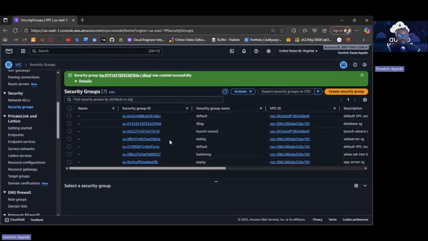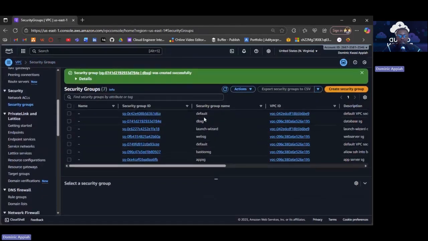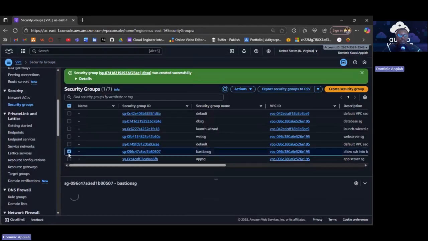You see this is the default, the web group, bastion security group, app security group. Now you see that all of these servers that we have provisioned from the diagram are connected. So for example, let's come to the bastion host security group. The bastion host communicates with